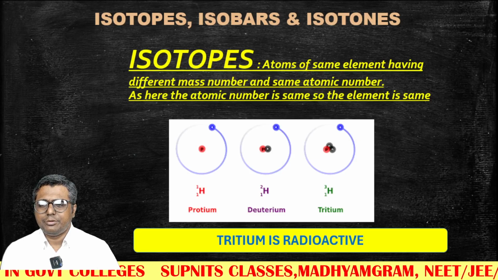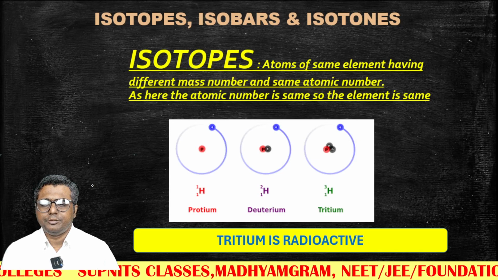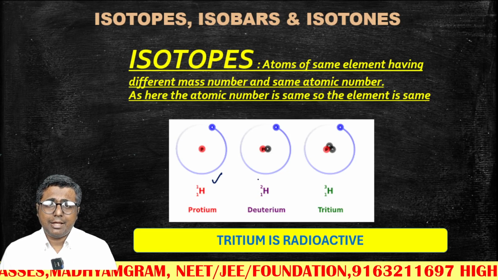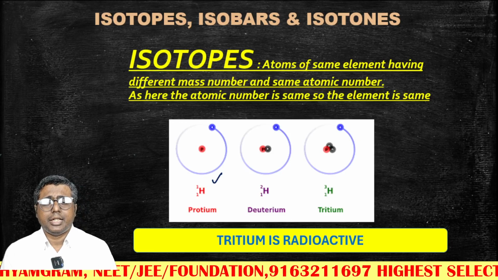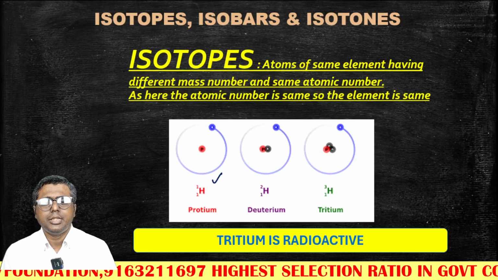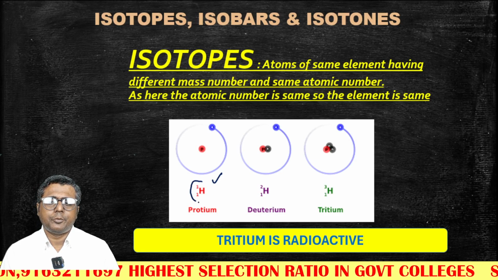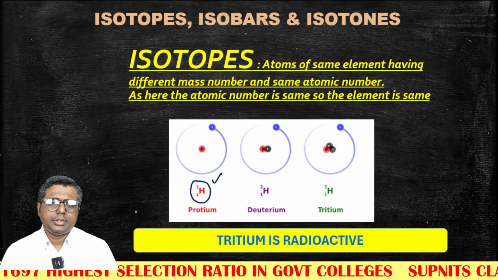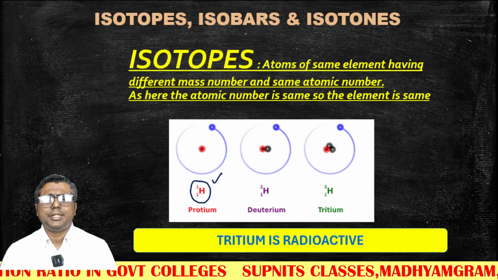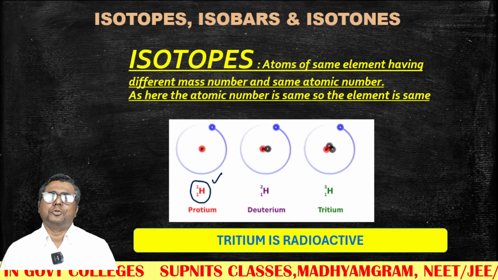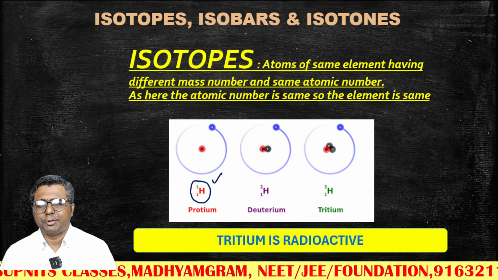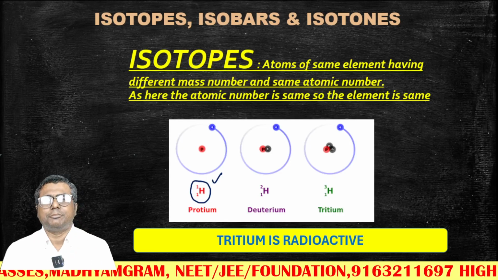Here we have taken one example of isotopes, this one. These are the 3 naturally available isotopes of hydrogen. There are other isotopes of hydrogen also, but those are synthetic. These 3 are naturally available. The very common one is protium, that hydrogen that has no neutrons. Very often teachers ask in exams to name an element which has no neutrons. You should write the answer as protium, at least hydrogen with protium in brackets, correct,